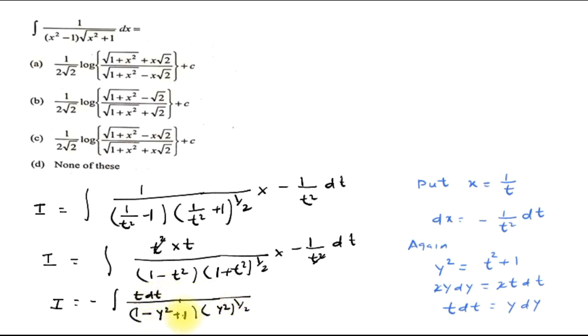Now here 1 plus 1 is 2 and 2 minus y square, the expression becomes minus integration of t dt, that is y dy, over 2 minus y square into y. So y and y cancel out, so the above integration can be written as